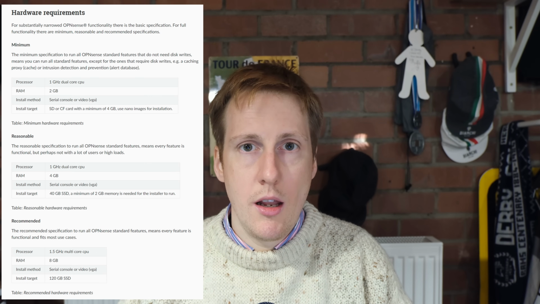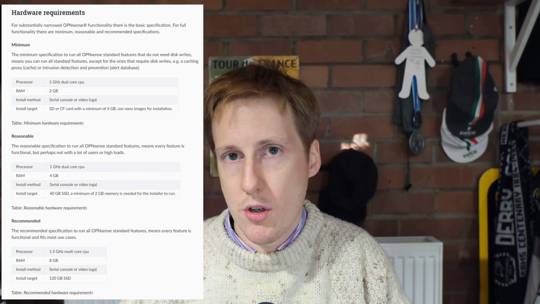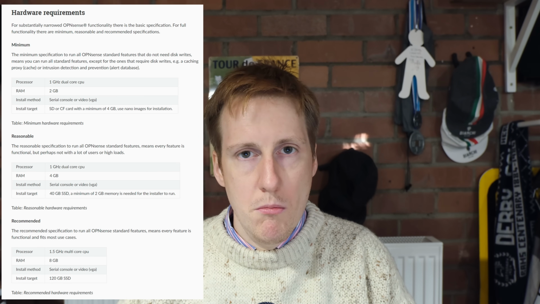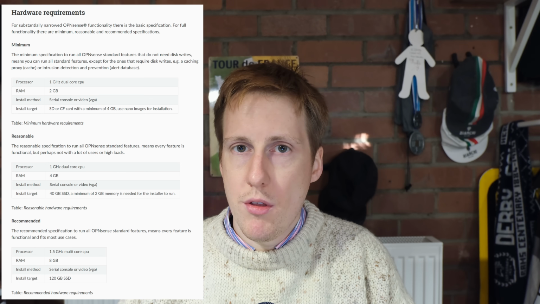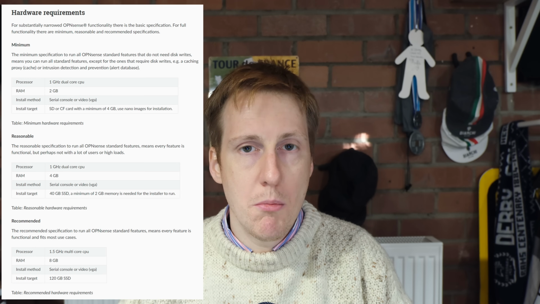Now for hardware, I'll cover both physical and virtual, albeit for virtual you've probably got the hardware. For a physical setup, you don't need anything fancy. For a minimum setup, I recommend at least 2 cores and 4 GB of RAM, although the official documentation says you can get away with less. Obviously, if you want more of the features enabled, so things like IDS and IPS, and maybe if you have, say, gigabit internet, you probably want to be more at the 4 cores and 8 gigs of RAM end, but